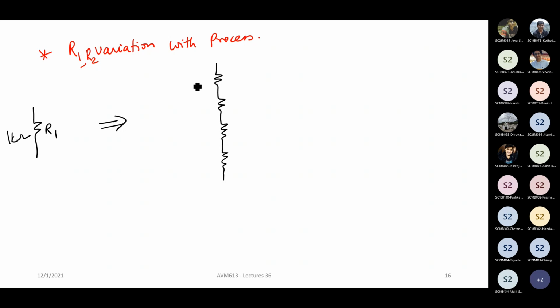Now what you would do is, let us say this is a fixed resistance of 800 ohm. Okay. Now this 800 ohm can go up or down. All right. Now across all this, you will put switches, MOS switches. Okay. So like that, you will have a resistor bank. All right. So this can be a binary weighted set of resistors and so on. Right. Now this entire thing becomes your R1.